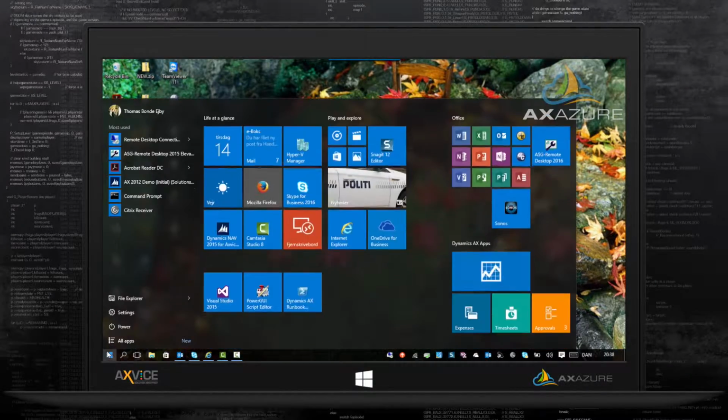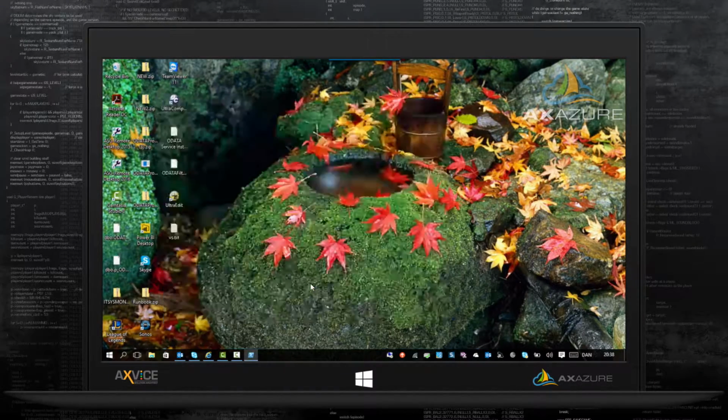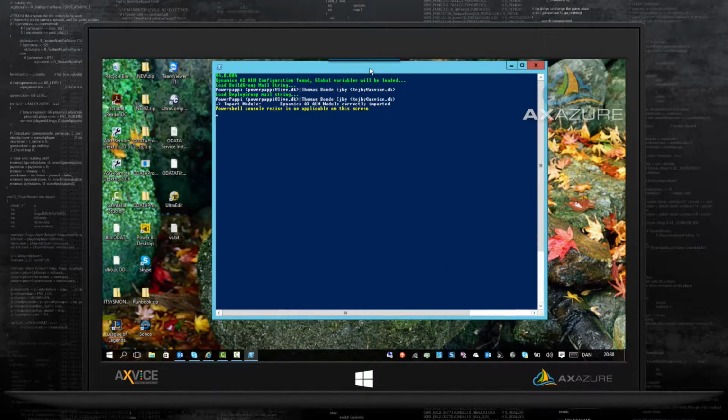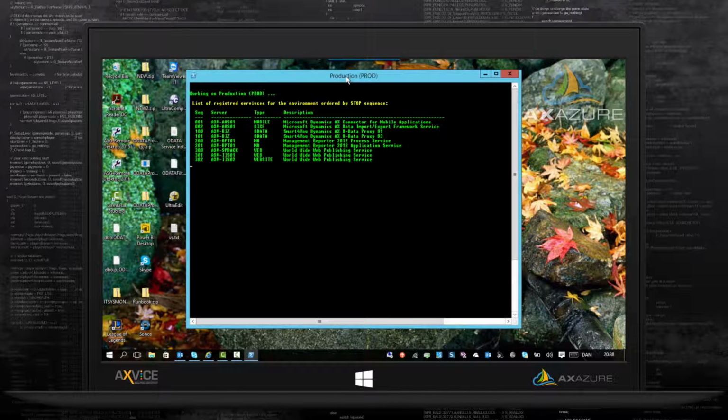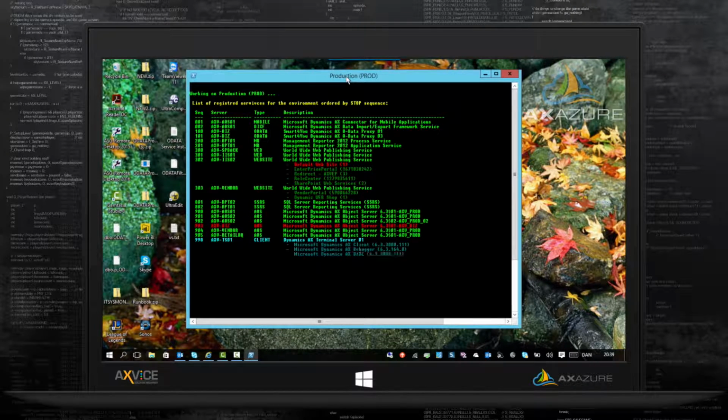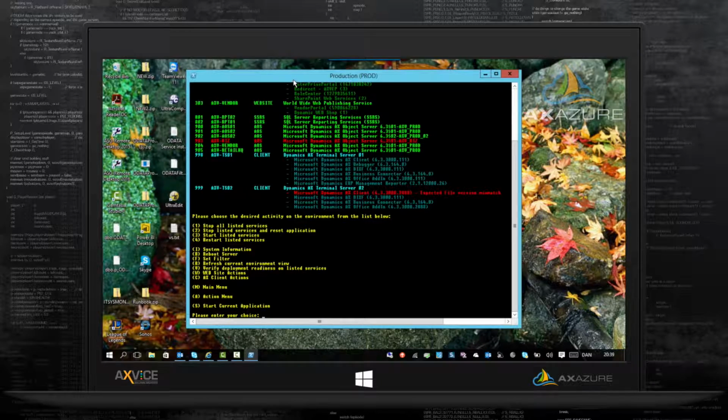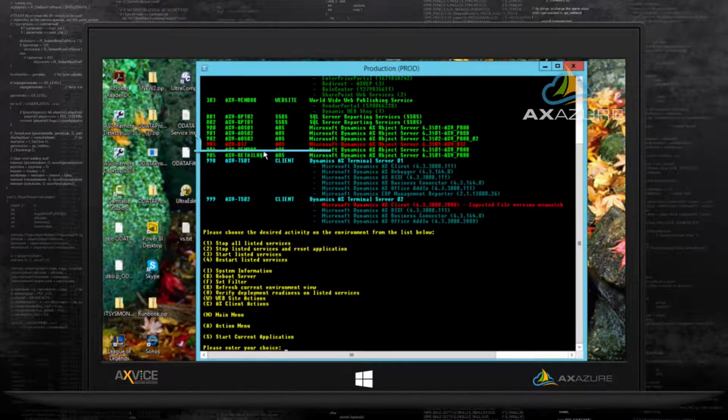So now if I start up another runbook and show the environment, you should be able to see that the service is now in a stop mode. Okay, it's red.